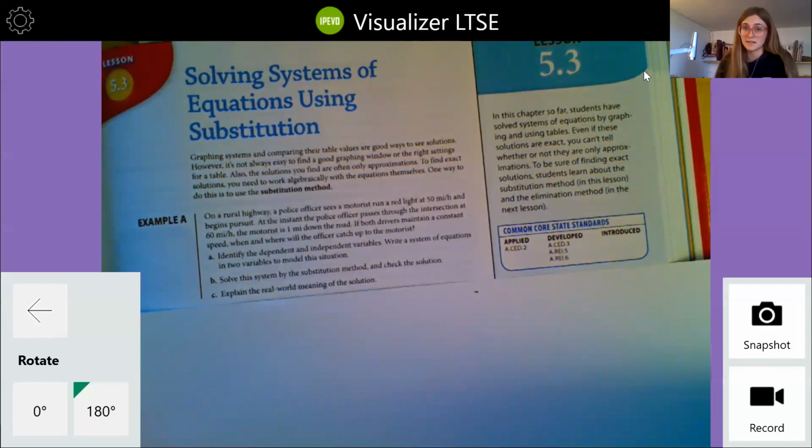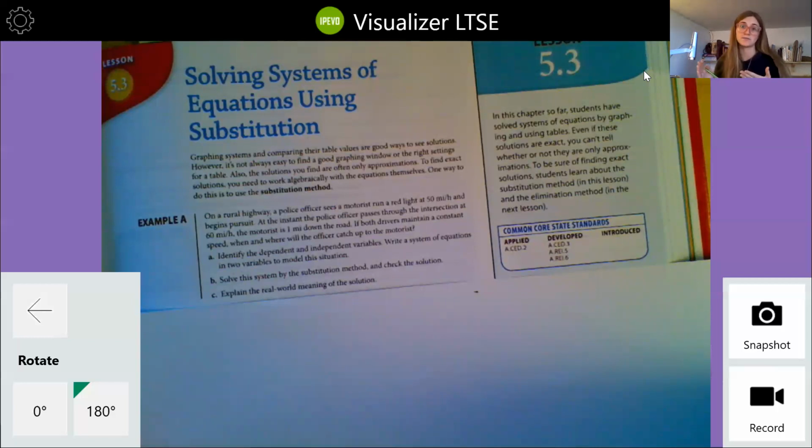At the instant that the police officer passes through the intersection at 60 miles per hour, the motorist is 1 mile down the road. So if both drivers maintain a constant speed, the police officer stays at 60 miles an hour and the motorist is going at 50 miles an hour,